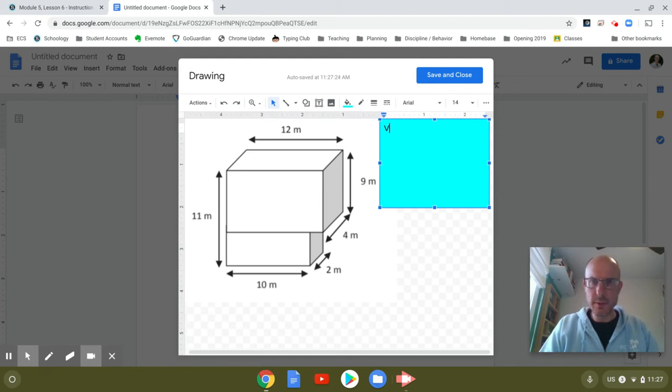V equals length times width. I'm just using capitals there, so that you can tell the difference between the length, capital L, and the lowercase l, which looks a lot like a 1. And maybe I should say volume of A, and we'll say that A is the top box there. And I could label that too, equals, and so on and so on. Okay, so I would finish that, and I could say save and close,